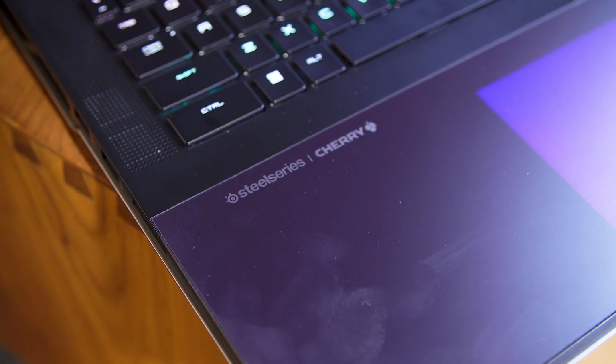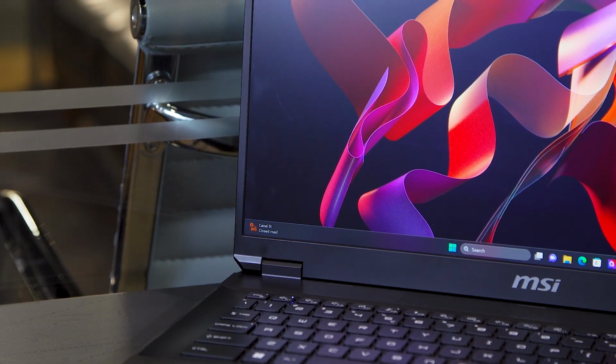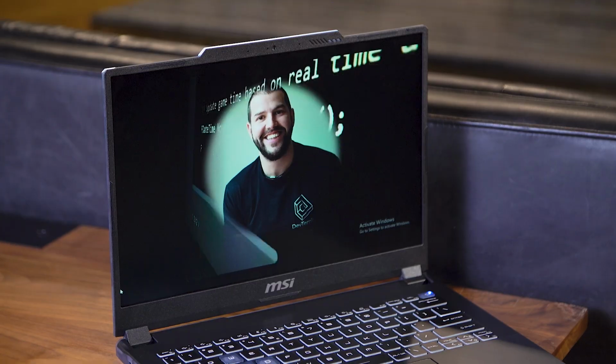CES is always a huge show for laptops, so to help set the stage for what's coming out later in the year, MSI has brought us a selection of its new gaming laptops for 2024. Now, before we get into the specific devices themselves, it's important to mention that MSI is making a couple changes